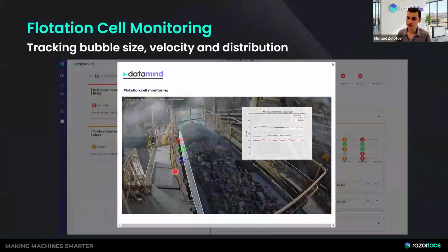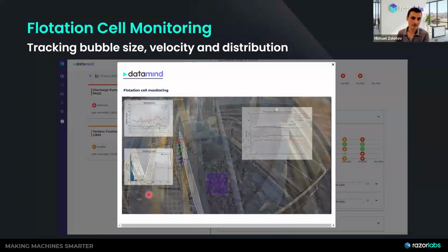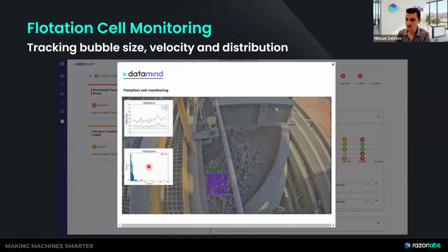Another thing that I want to mention before we move to the next example, I hope that this one, let's see if I can play this one. Another example is the ability to monitor bubble sizes and bubble colors in flotation cells. These are used in coal as well in Australia and other geographies, along with their usage obviously in copper and gold sites. But now I want to also look at the maintenance cost through a different case study